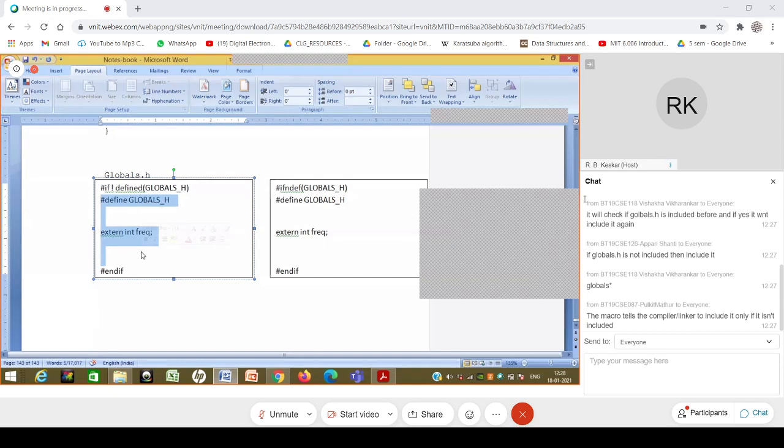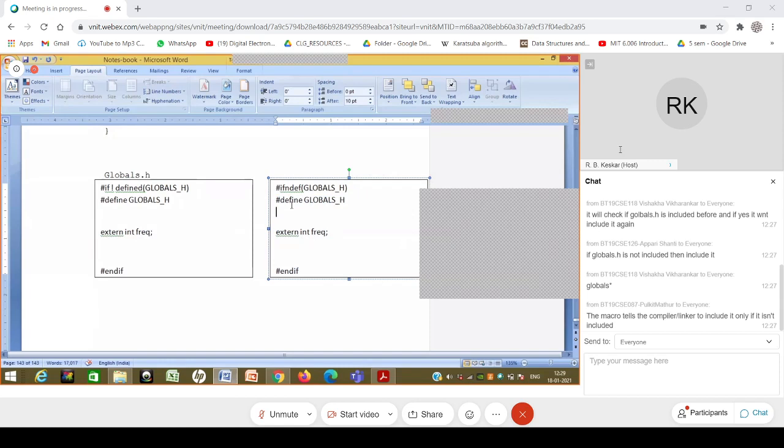Now the second time, if someone says hash include globals.h directly, the compiler comes in over here. Remember, it is the same compilation for the same file, let's say special ops.c. The second time it asks, is globals underscore h not defined? That is not true. It is defined, you already defined it. So the preprocessor finds out that the globals underscore h macro has been defined, so it skips everything up to hash endif, which means it completely skips the file.